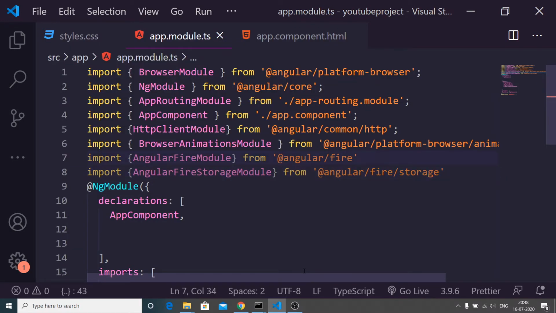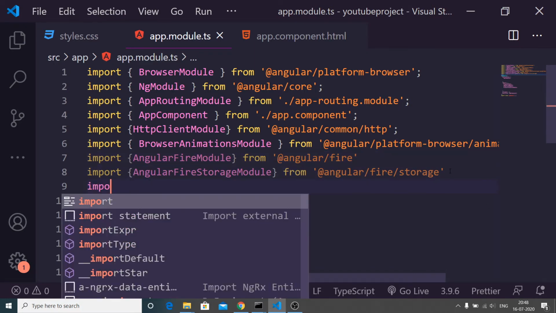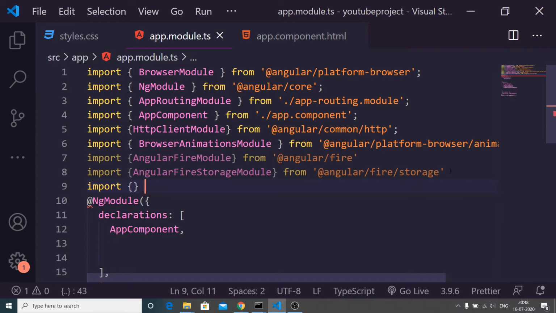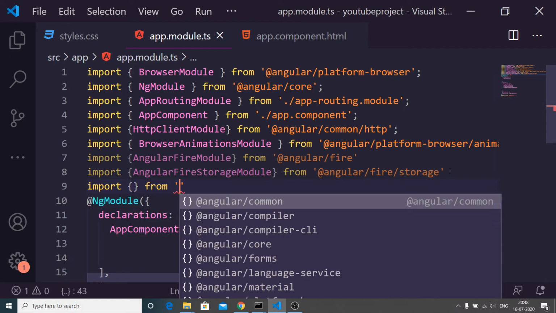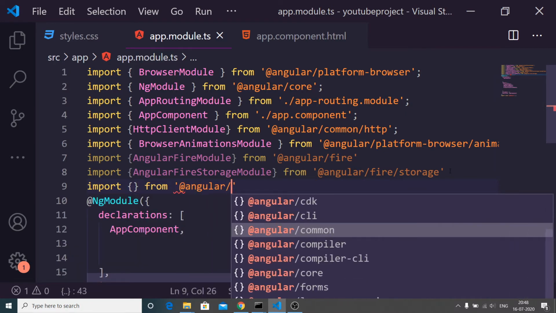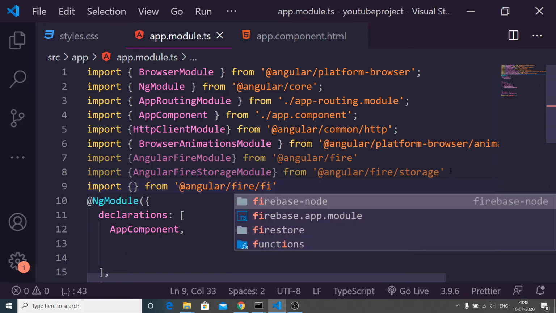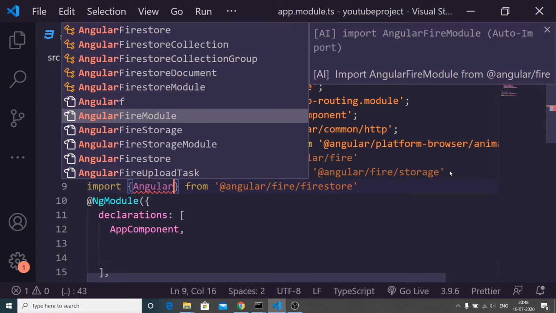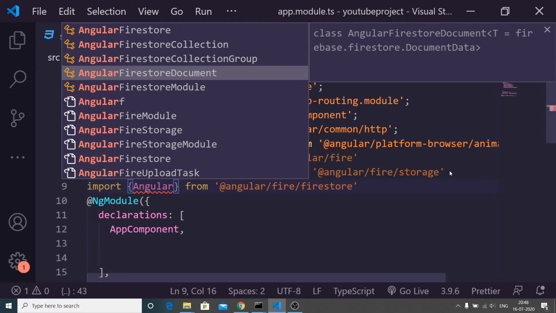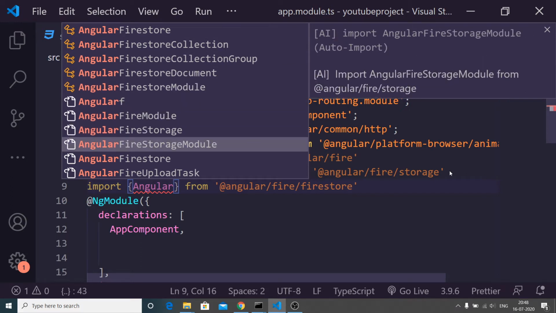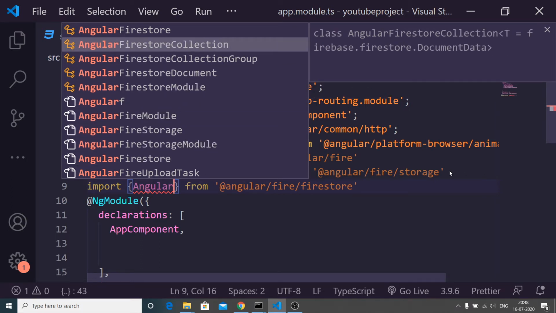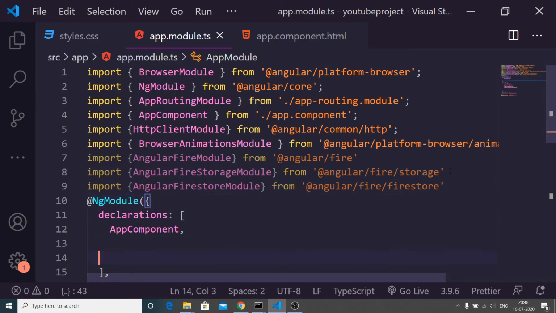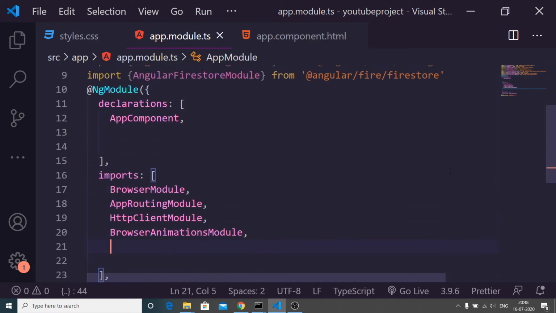So import this module, and for this real-time database Firestore, we also need to import the AngularFirestore. So @angular/fire/firestore. So from this we also need to import AngularFirestore. So import this.